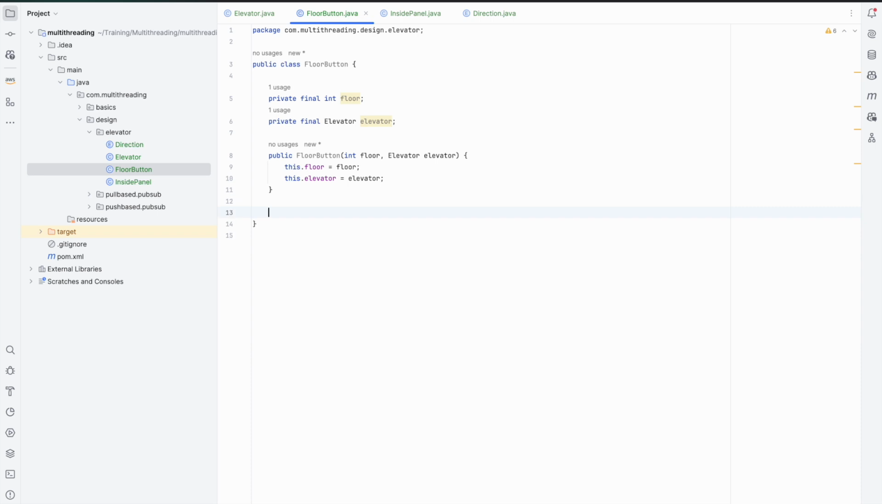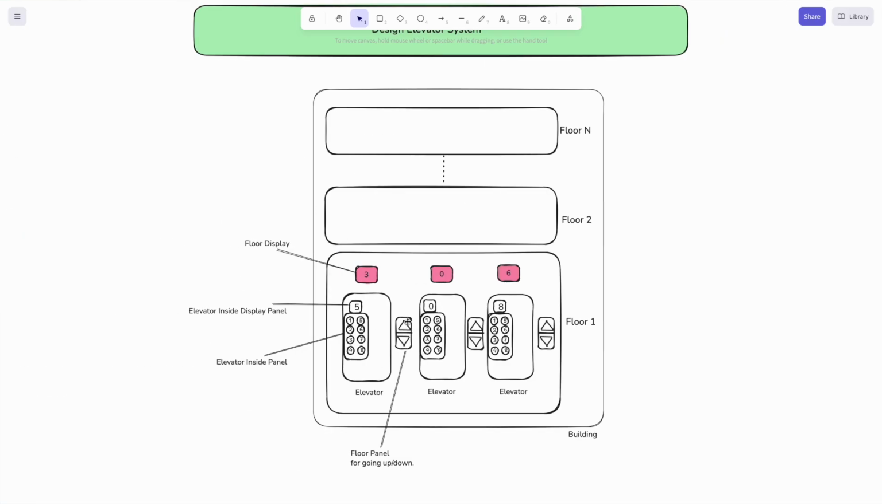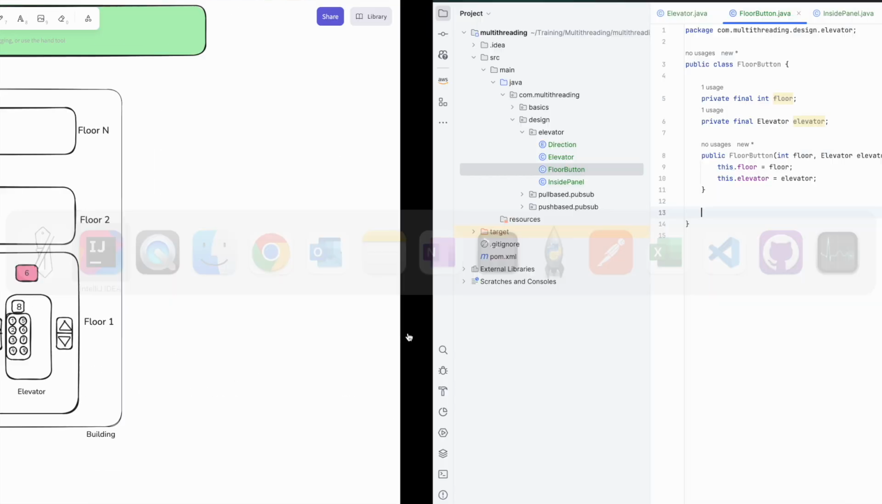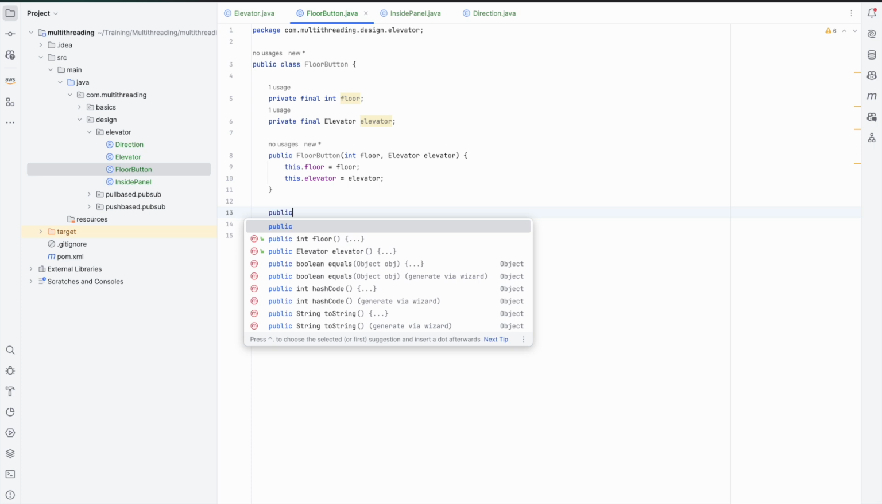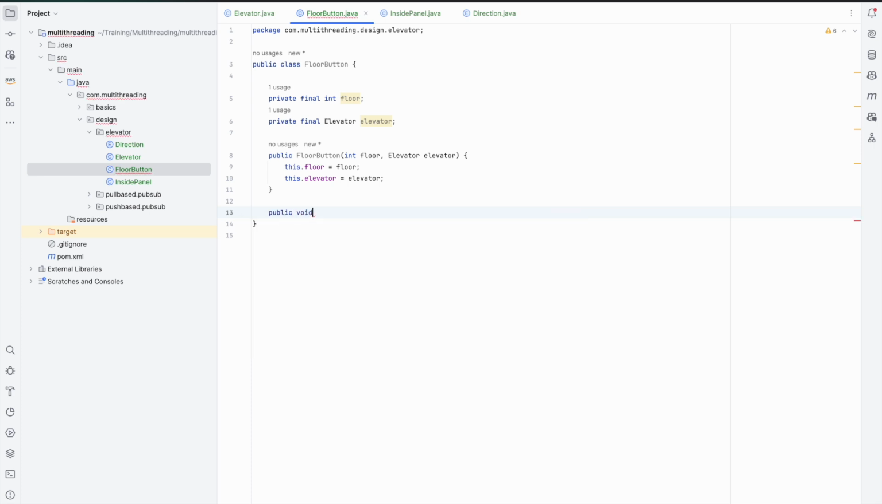What are the functionalities the floor button provides? Let's see the diagram again. On the floor, someone would press the up button and someone might press the down button. So it should expose two functionalities: public void pressUpButton,